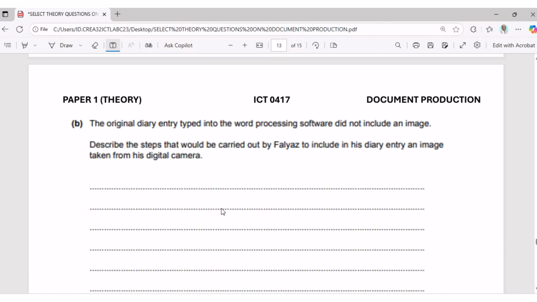Then the next one says that the original diary entry typed into the word processing software did not include an image originally. Now describe the steps that will be carried out by Felix to include in his diary entry an image taken from his digital camera. For a digital camera, if you want to copy images from it into your document, you need to connect the digital camera to your computer first, or send the pictures by whatever means is possible for you. So you can start by saying